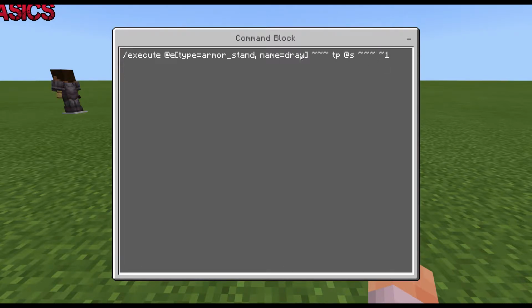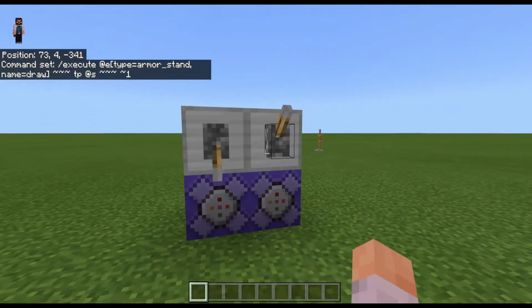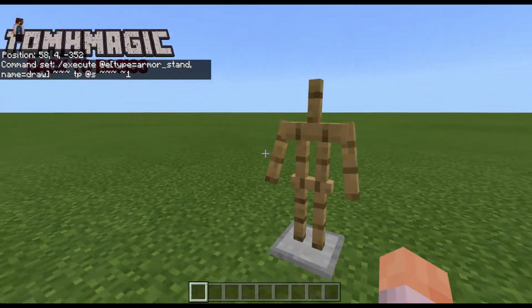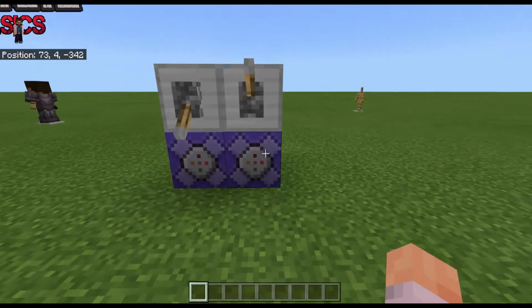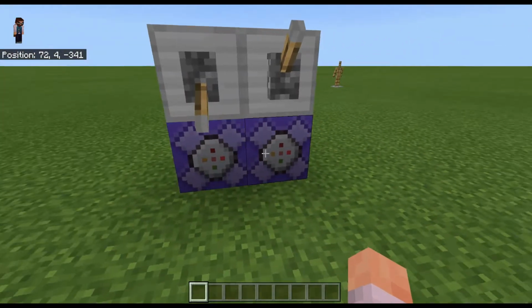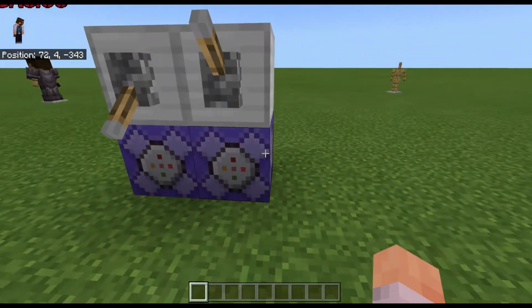So this is for the armor stand over here, and what this is going to do is just slowly teleport the armor stand in a circle. What we can also do on this, you would normally just put one lever down there to activate both at the same time, but I did that just to split it up to show you. But